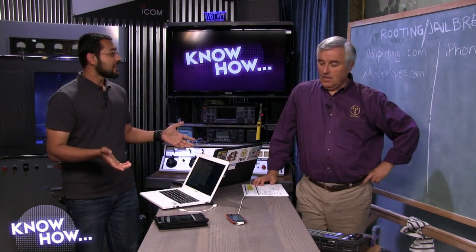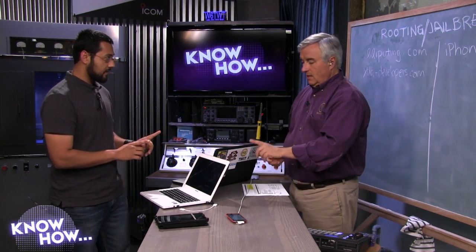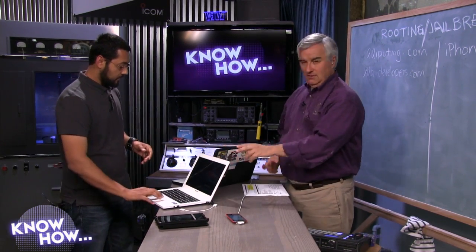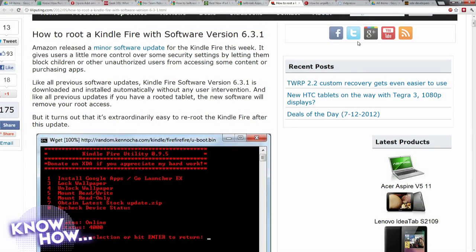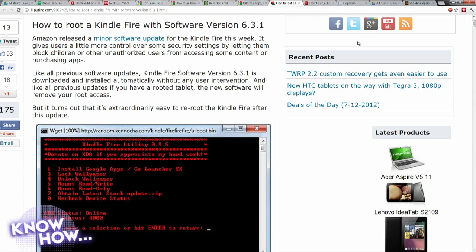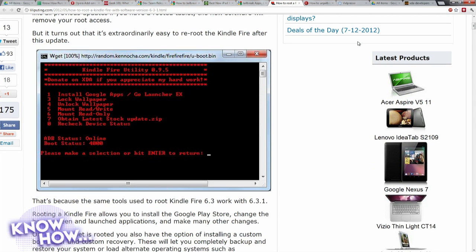This is really simple. Now, is it only Windows? Is there a Mac version for this? The Kindle Fire Utility is only on Windows. And this is important because remember Jason, the guy who bricked his Kindle Fire, he was trying to do this on Linux. And there's very little Mac software. So if you've got Windows, you've got an advantage. If you could find a friend with Windows, it's so fast and easy to do. It's probably worth getting a Windows machine. It is ridiculously simple.